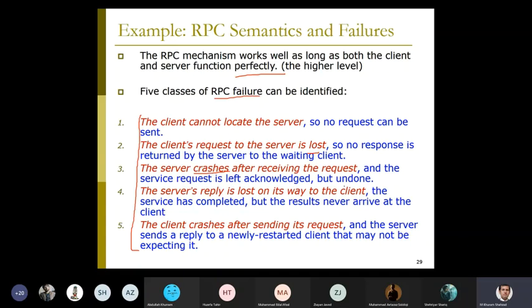سو اس کیس کے اندر بھی ریموٹ پروسیجر کال وہ کام نہیں کرے گی، میکانزم فیل ہو جاتا ہے. تو سرور ریپلائی از لاسٹ ان دا وے ٹو دا کلائنٹ، ٹھیک ہے، دس از آلسو پاسبل. دا کلائنٹ کریشز آفٹر سینڈنگ اٹس ریکویسٹ، ٹھیک ہے، تو کریش از آلسو پاسبل، لیکن اس نے ریکویسٹ سینڈ کی ہے، ٹھیک ہے. تو پہلے یہ سرور کی فیلئر تھی اور یہ کلائنٹ کی فیلئر بھی ہو سکتی ہے، ٹھیک ہے. تو اینڈ دا سرور سینڈز اے رپلائی ٹو دا نیولی ریسٹارٹیڈ کلائنٹ دیٹ مے ناٹ بی ایکسپیکٹنگ اٹ. اوکے،